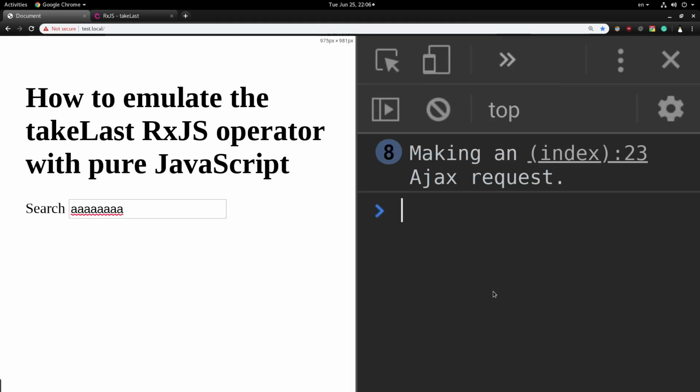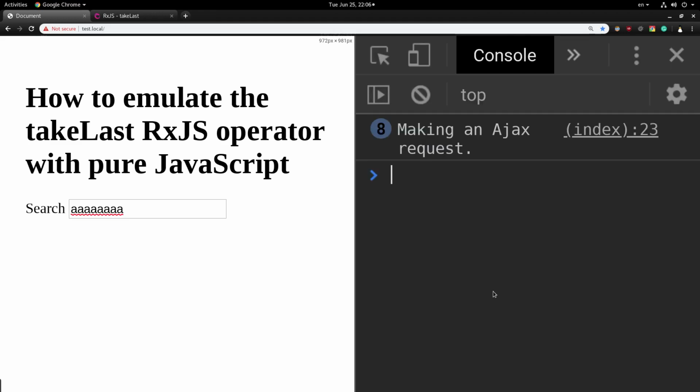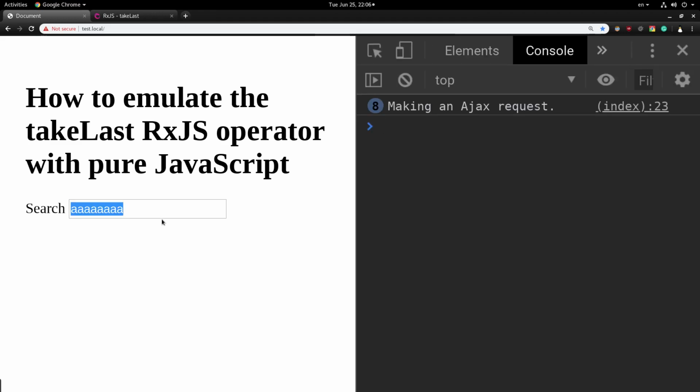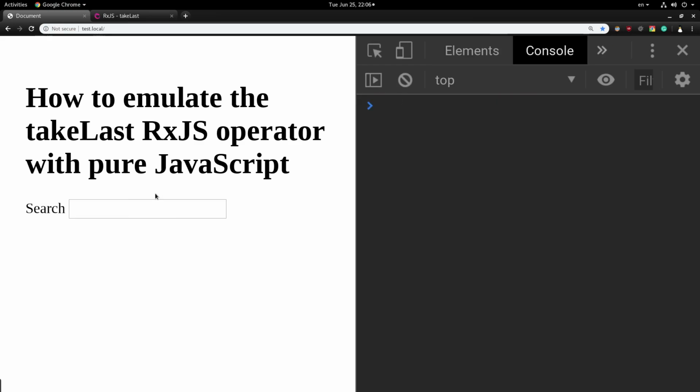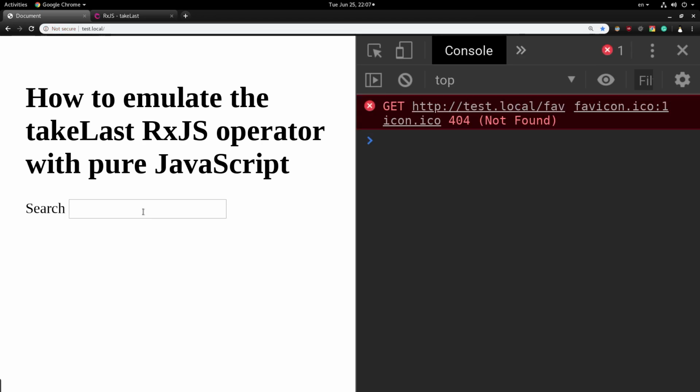Okay, as you can see, let me make this even bigger. If I refresh, whenever I write something and the value changes, you see that the AJAX request is happening. This is not efficient, and this is what we are trying to avoid by emulating the takeLast